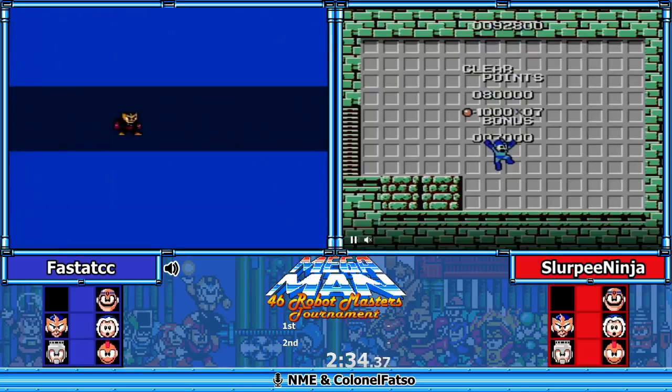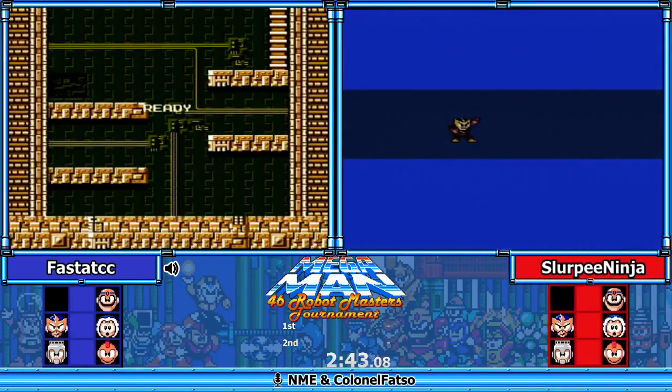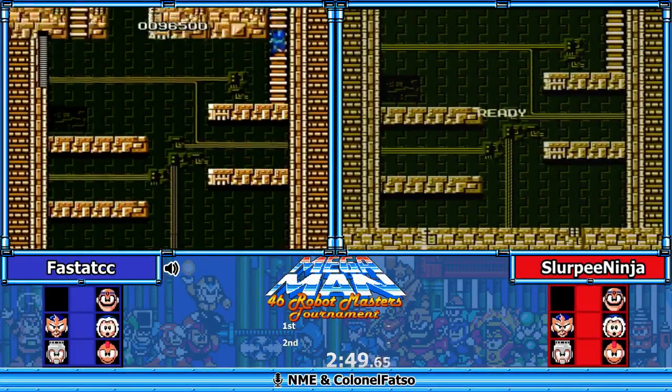Alright, so now because they went Cutman first, both of these players will actually have to do a little trick in Elecman stage in order to get the Magnet Beam. Normally you'd need the Super Arm or Elec Beam itself, but...